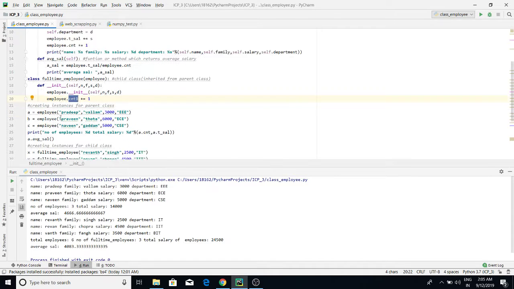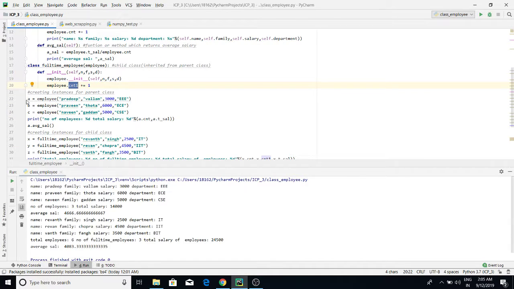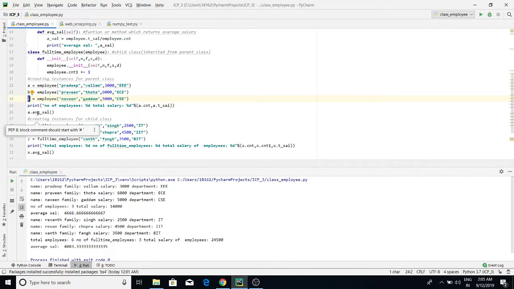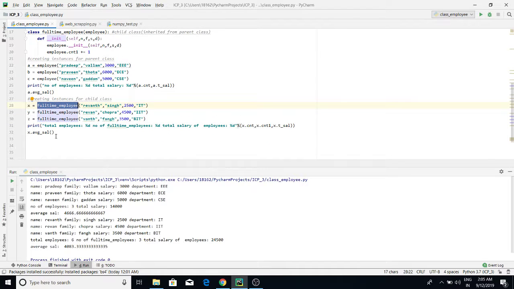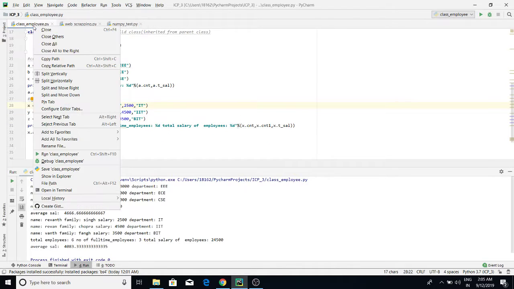Then from here I have instantiated the parent class through these variables, and I have called the method a.average salary here. Then I have instantiated the subclass or child class here. As you run the program,